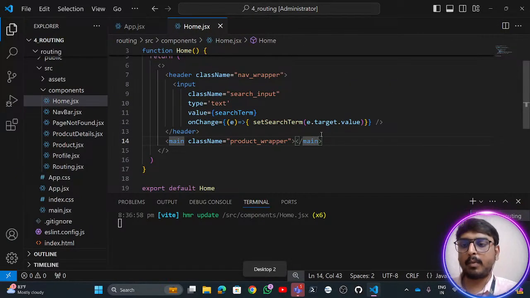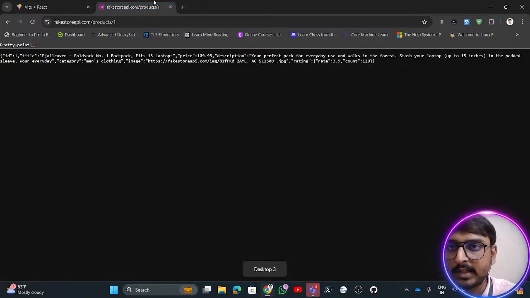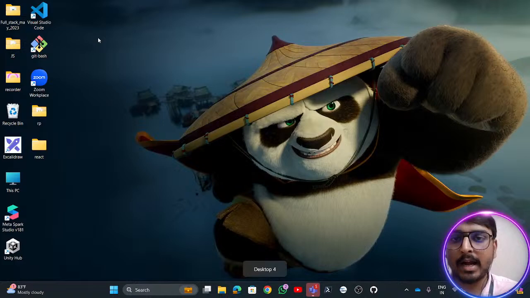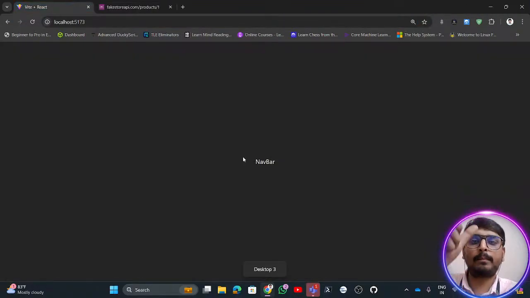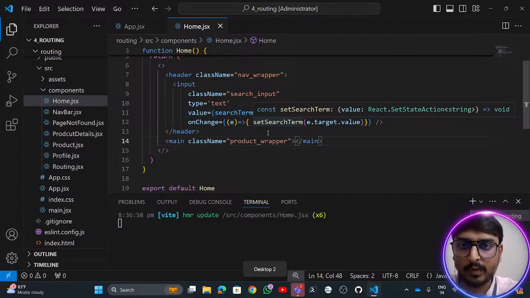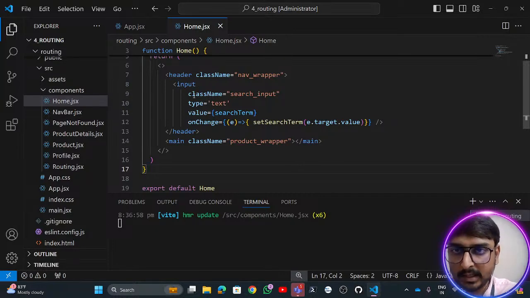We now need to render the stuff, which is nothing but getting the details of the products. When our page initially renders, I just want to show this navbar at the top, and below that I need to showcase the entire product details. So how can we do it? After the initial render, we want to go to this fake store API and get the data back. For that, we can use this particular thing known as